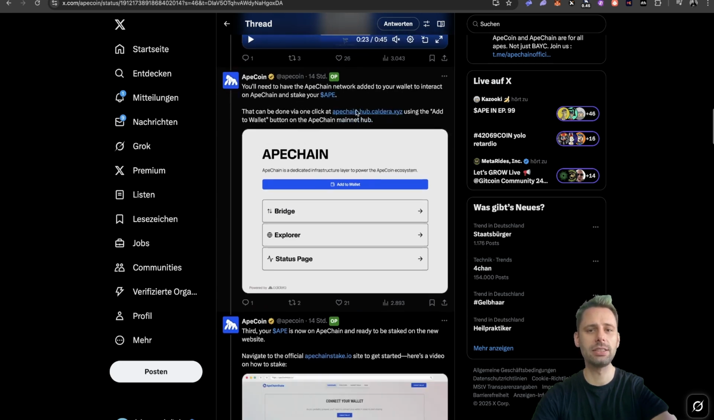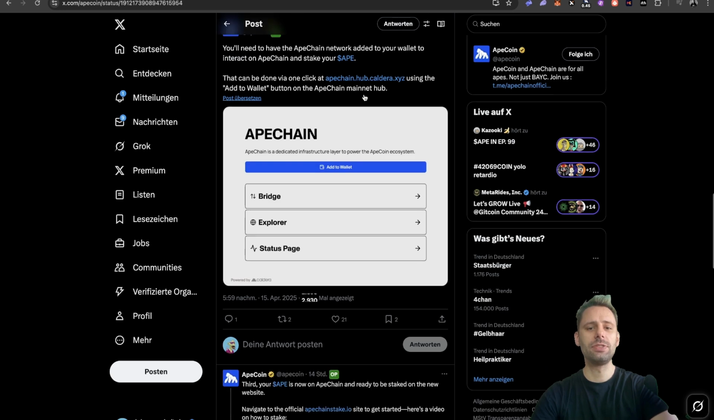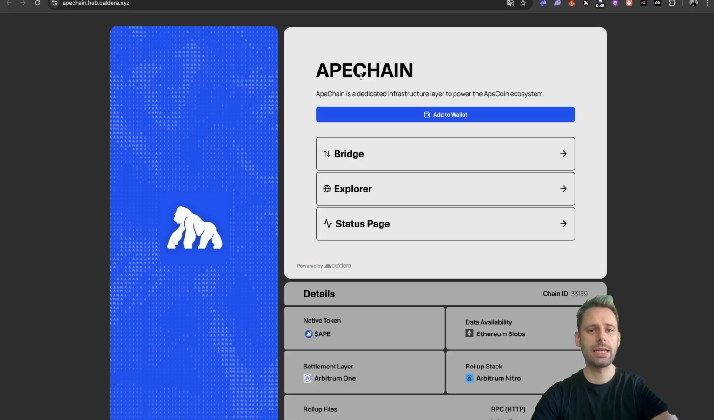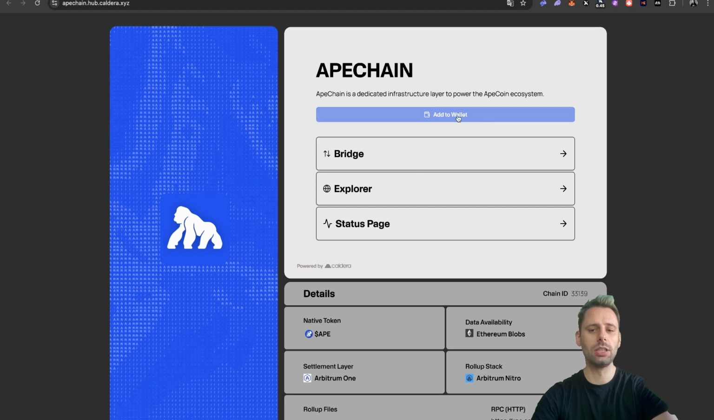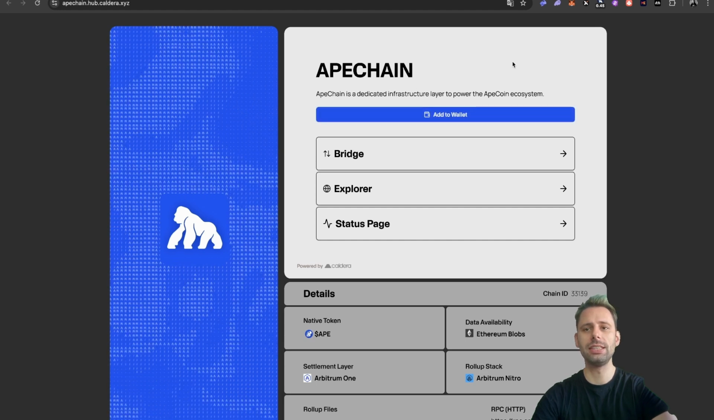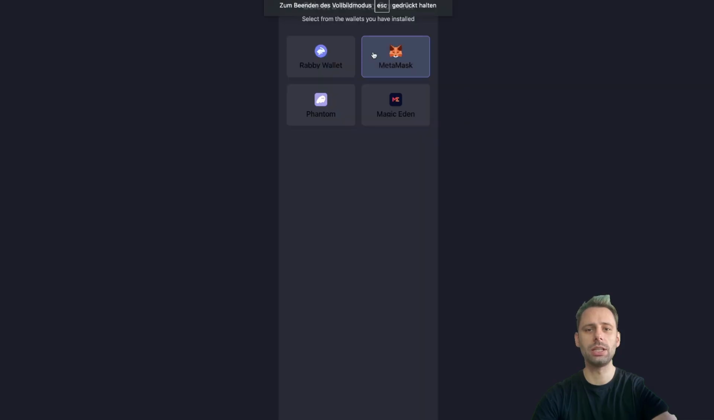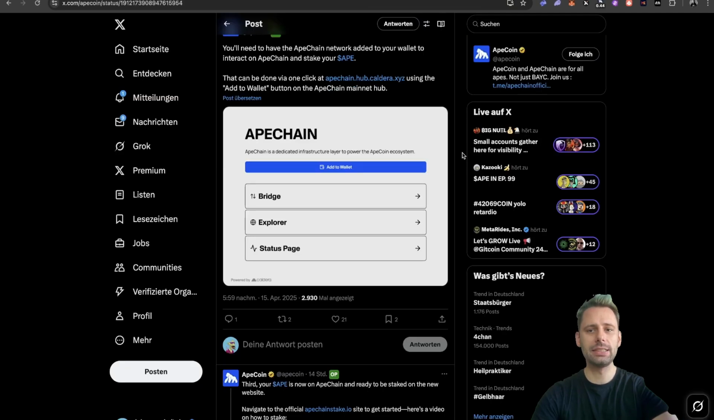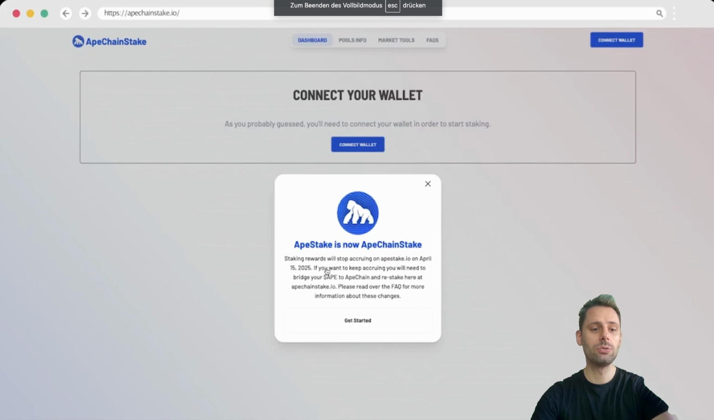If you haven't done this, you can do this via a one-click. I can show you this. If you click on this and then click add to wallet, then you should see it in your wallet as well. You can decide which wallet it is that you want to use, and then you're good to go. Now you added this, you have the ApeCoin on ApeChain, and now, which is new, but it looks almost the same as the old one, this is ApeChain